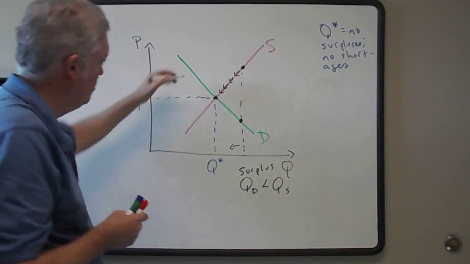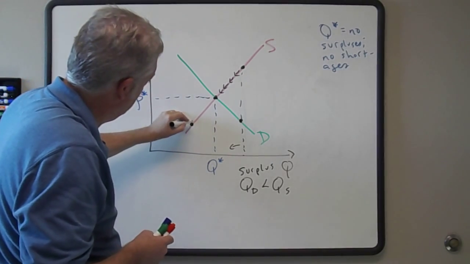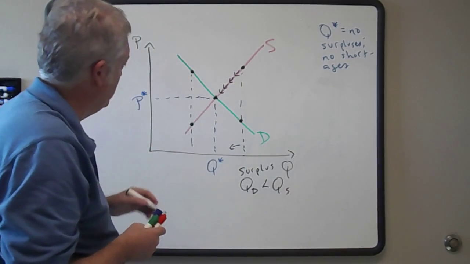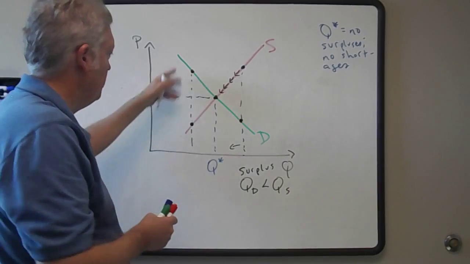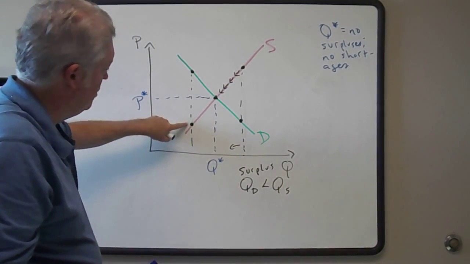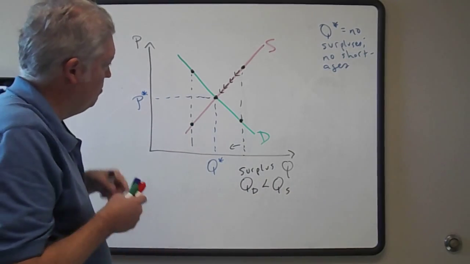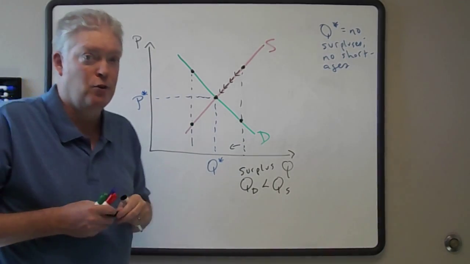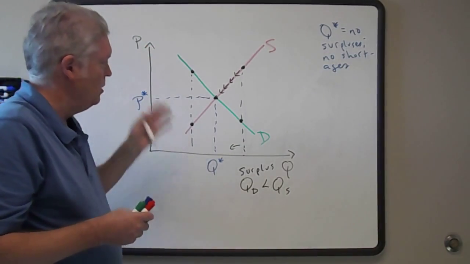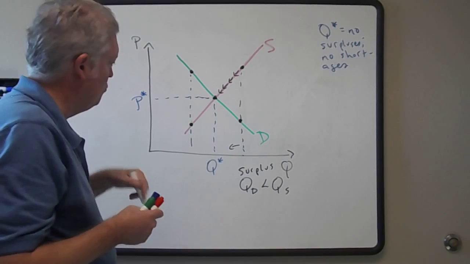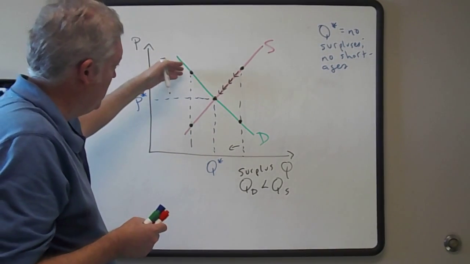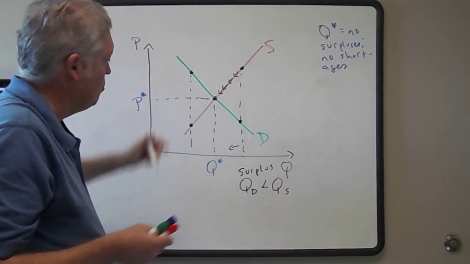Well, what about the other kind of condition? What about a condition here where, let's say, suppliers are underproducing and you've got this kind of thing happening? Well, this is also out of equilibrium because we're not at the intersection of demand and supply. And so think about what's going on here. There's an underproduction, and we'll look at this as primarily a supply issue for now. Certainly there are demand elements in both surpluses and shortages, but nonetheless, let's just say that it's a supply issue. Not enough is being produced. In other words, there's a scarcity of the good, and buyers would actually pay a higher price for more quantity.